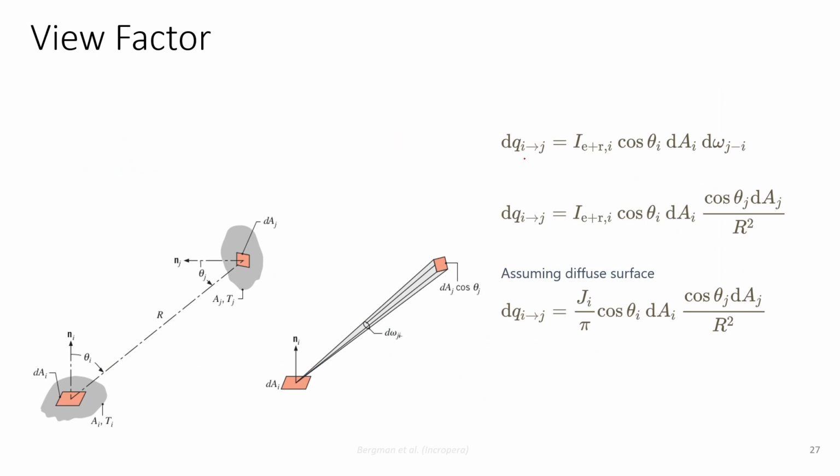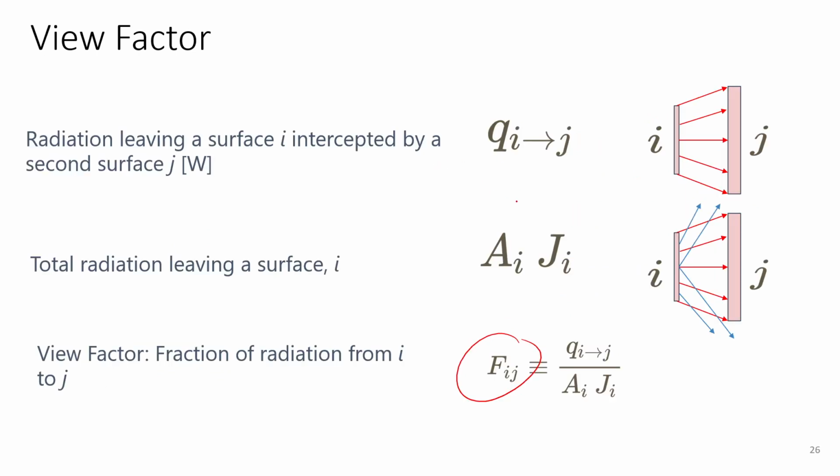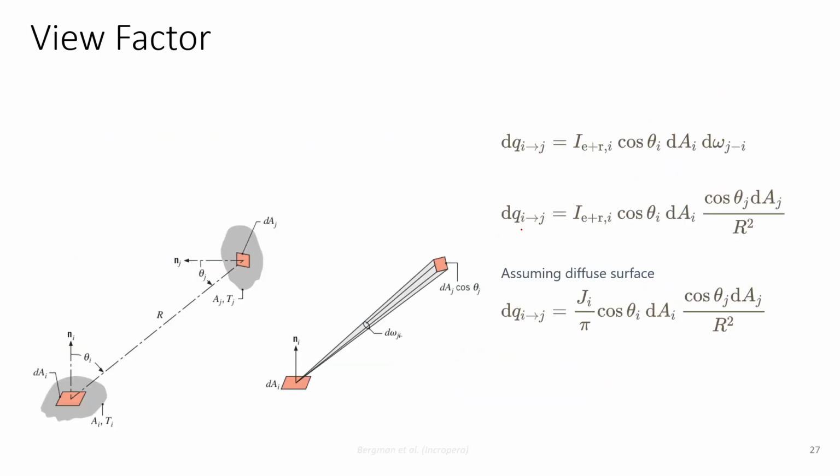So these are the formulas related to the radiation that leaves a surface i and is incident on j. That is given by this formula: I times cos theta i dAi cos theta j dAj upon r square. This term is given by this solid angle d omega j-i,